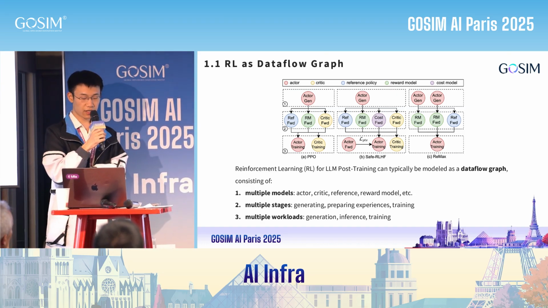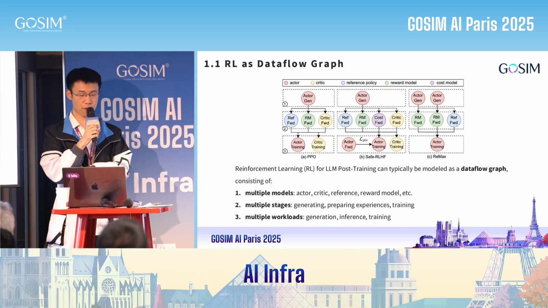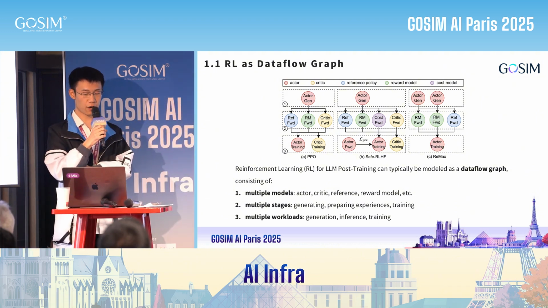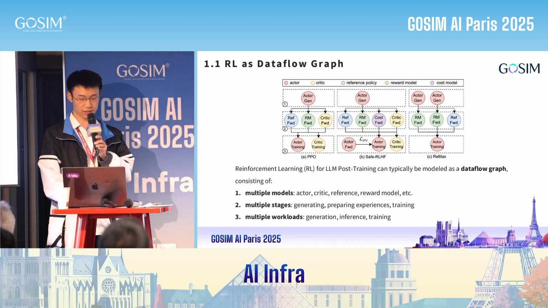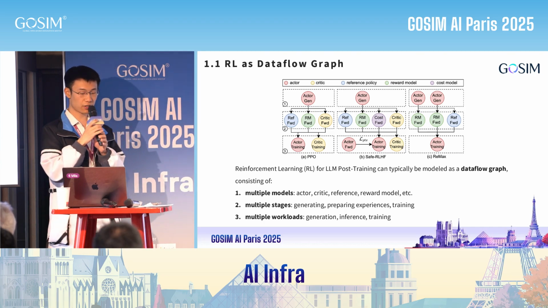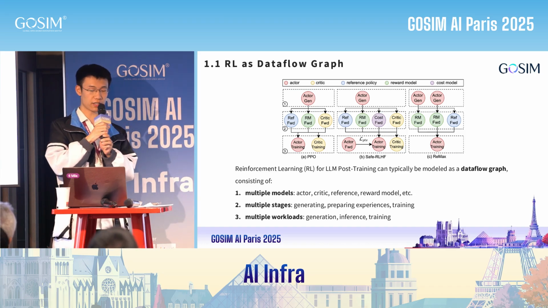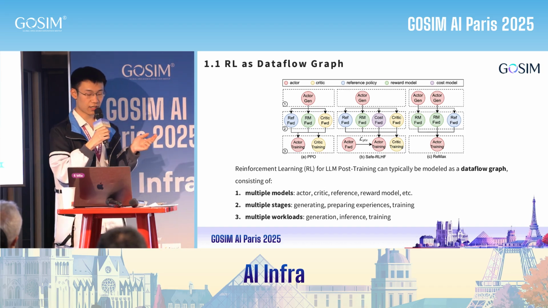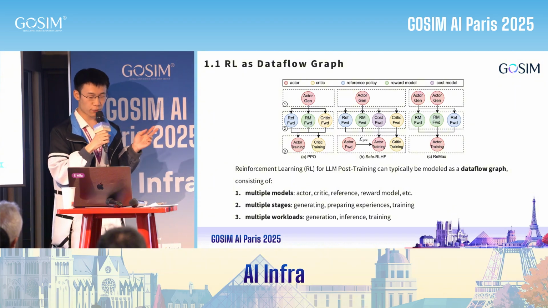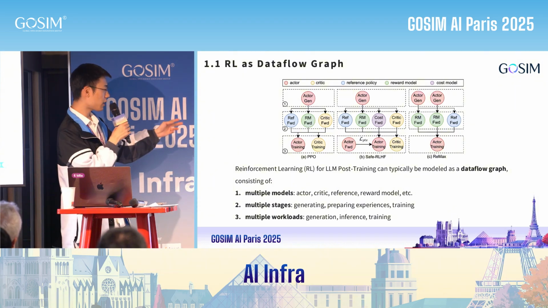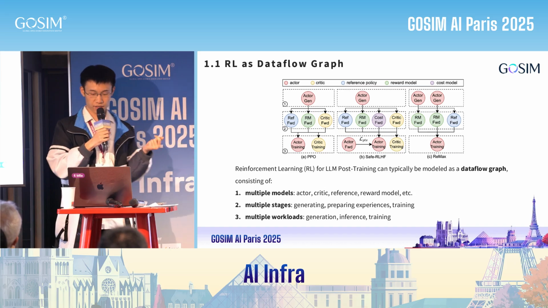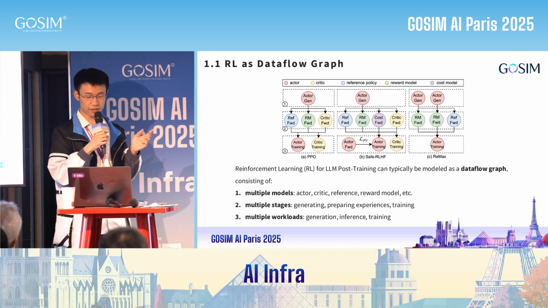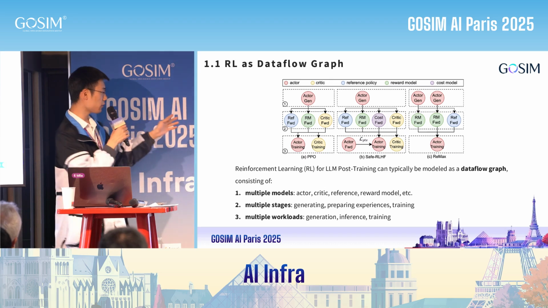The actor first generates samples based on the prompt set, then calculates the reward scores and values of these samples, and finally optimizes the parameters of the actor and critic models according to the returns. As we can see, it actually forms a directed acyclic graph (DAG), which we can call the data flow graph. The data flow graph is a core concept in verl because data in various forms flows into different models for